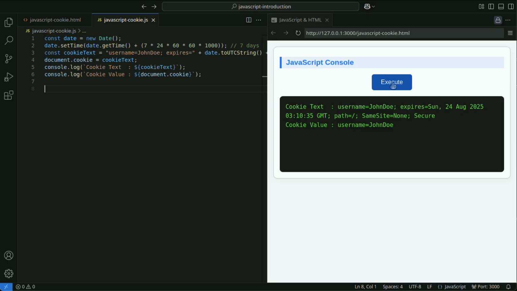By referring to document.cookie, you can obtain all cookies available on the current page as a string. By using console.log, you can check the difference between the actual cookie values set in the browser and the values that can be retrieved.